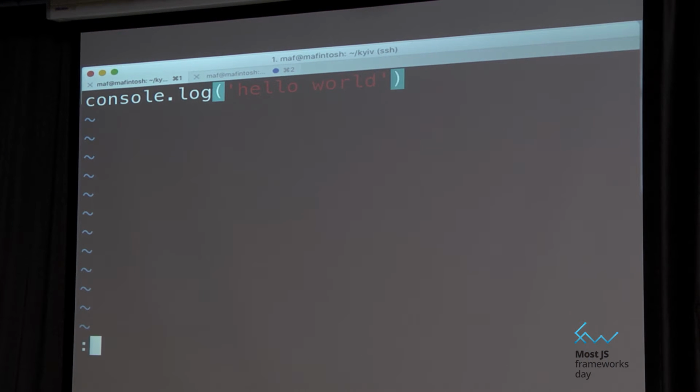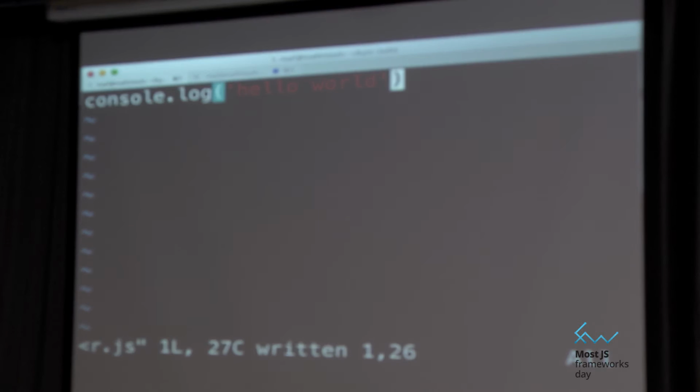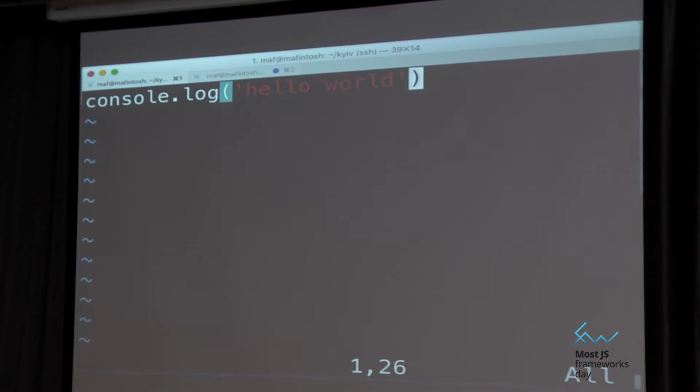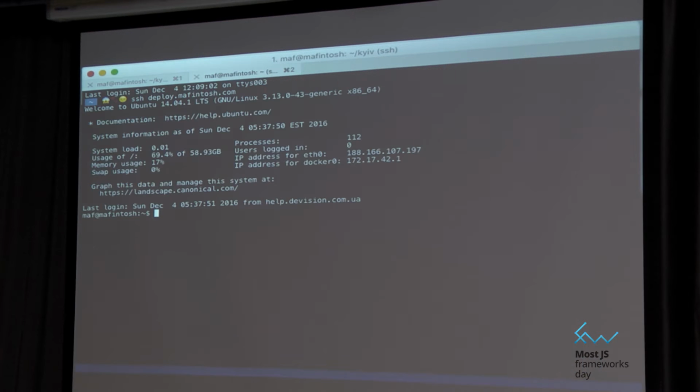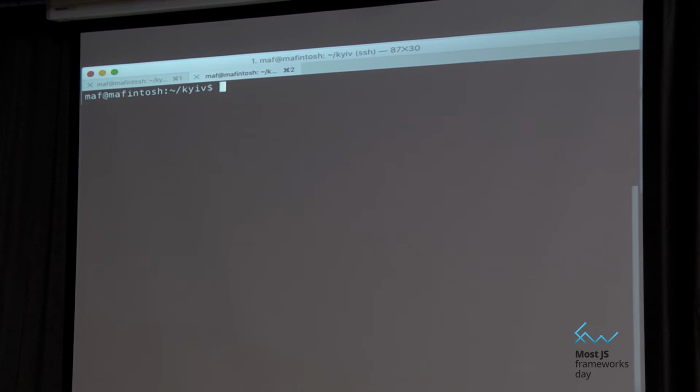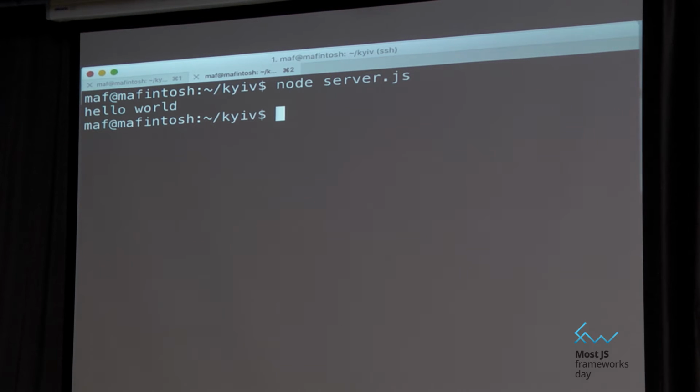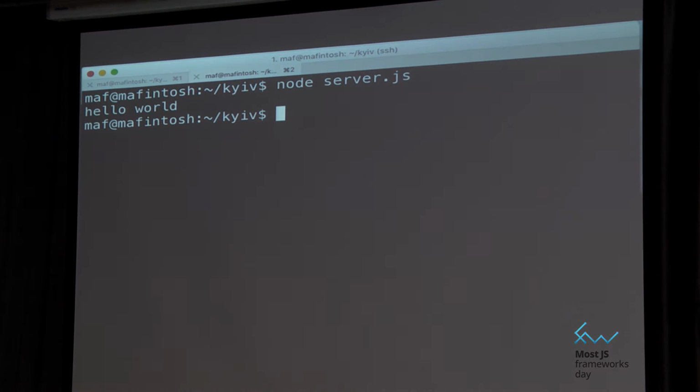So let's save this. I can show off my VI skills. You're probably better at this than I am. I normally just use a boring editor where it's point and click. But when you're on a server, it's kind of cool to use these things. So if I run this server, it just prints out hello world. It's pretty cool.